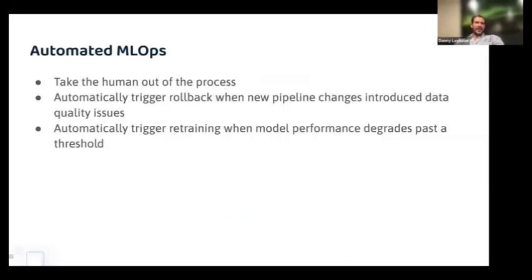So this automated MLOps process really takes the human out of the loop. It takes the human out of the process. It automatically triggers rollbacks when new pipeline changes are introduced, or when new pipeline changes introduce data quality issues, or it can automatically trigger retraining when model performance degradation gets past a particular threshold. So we can contrast this with the more manual, the more human in the loop process, which required a human being to try to solve these problems. So that's the